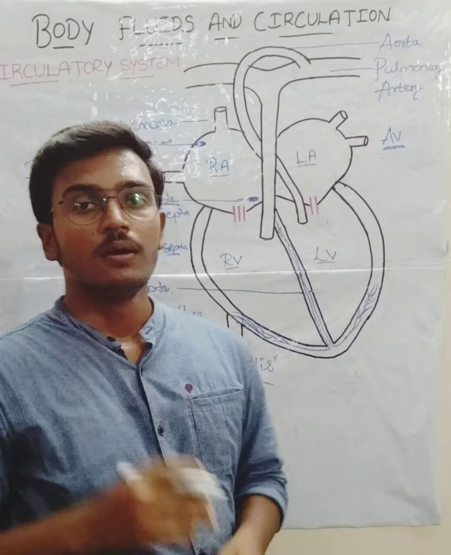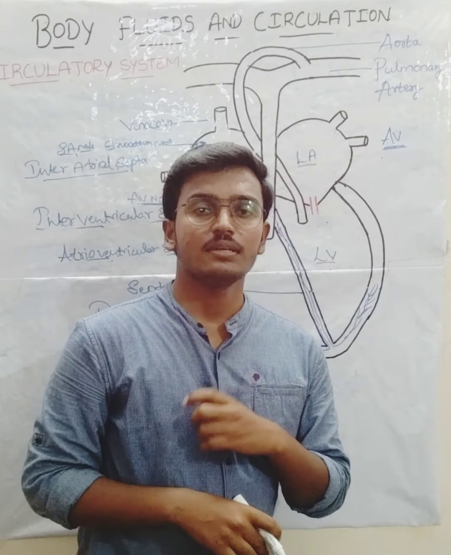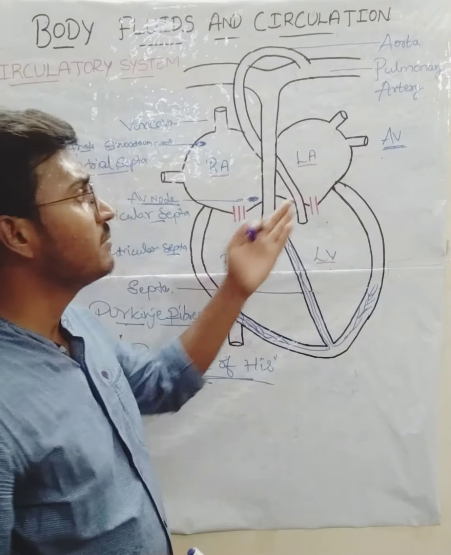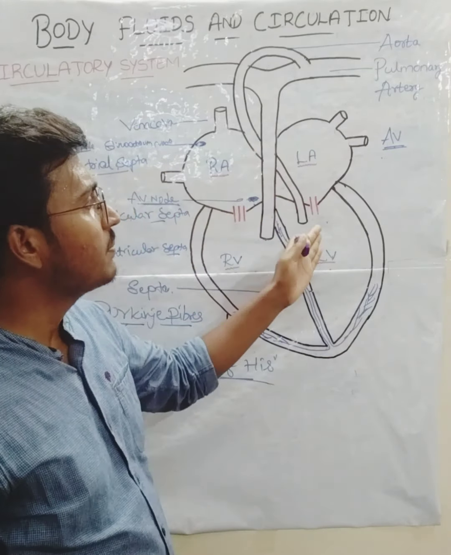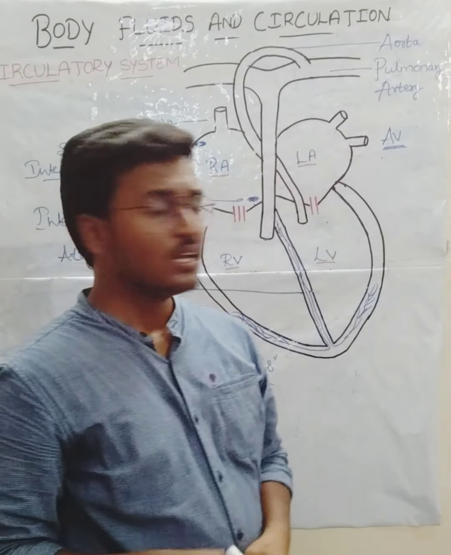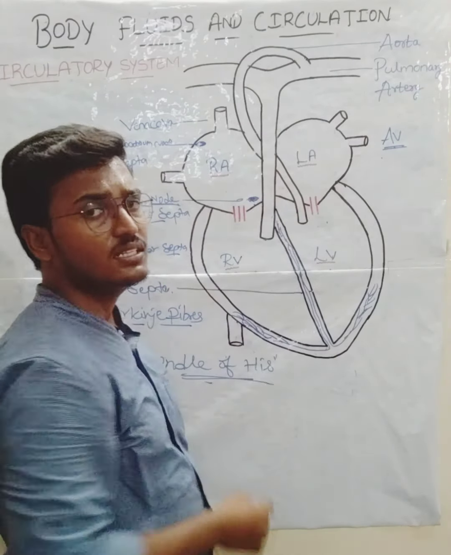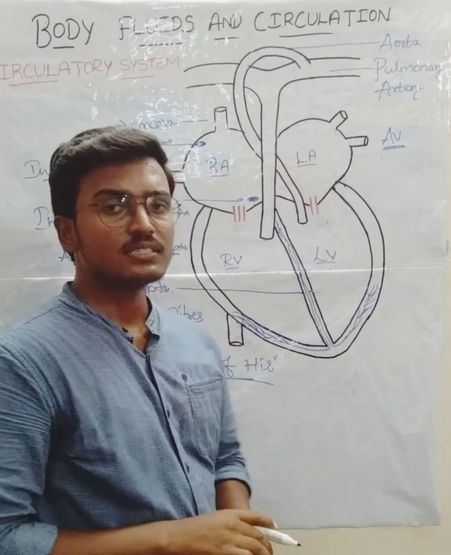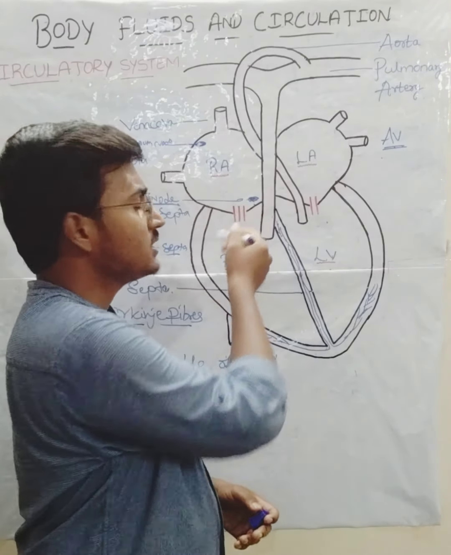This is about the parts of the heart, and there is also a vena cava. You can remember it easily by looking at these words: auricles and ventricles through AV, the S-shaped structure is the aorta, and the pulmonary artery is a T-shaped structure. Between the auricles there is the interauricular septa, and between the ventricles there is the interventricular septa.